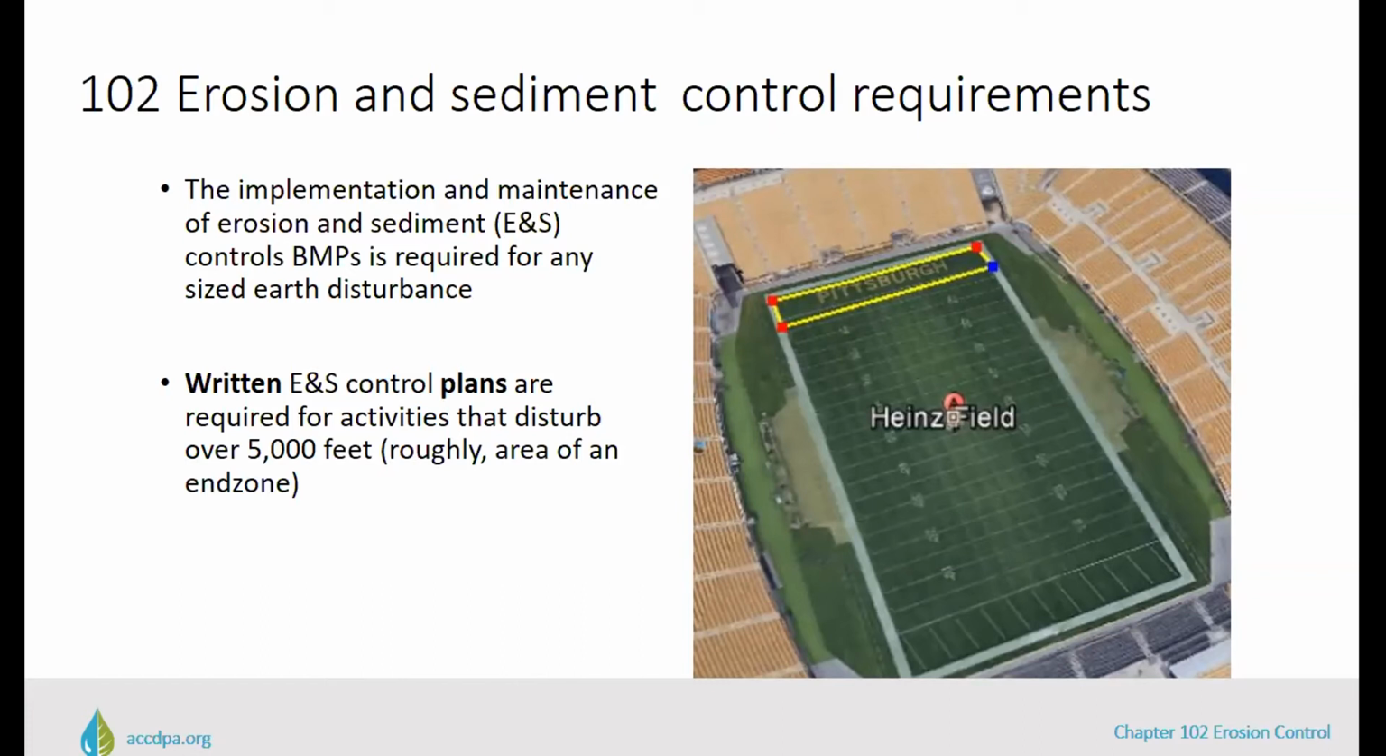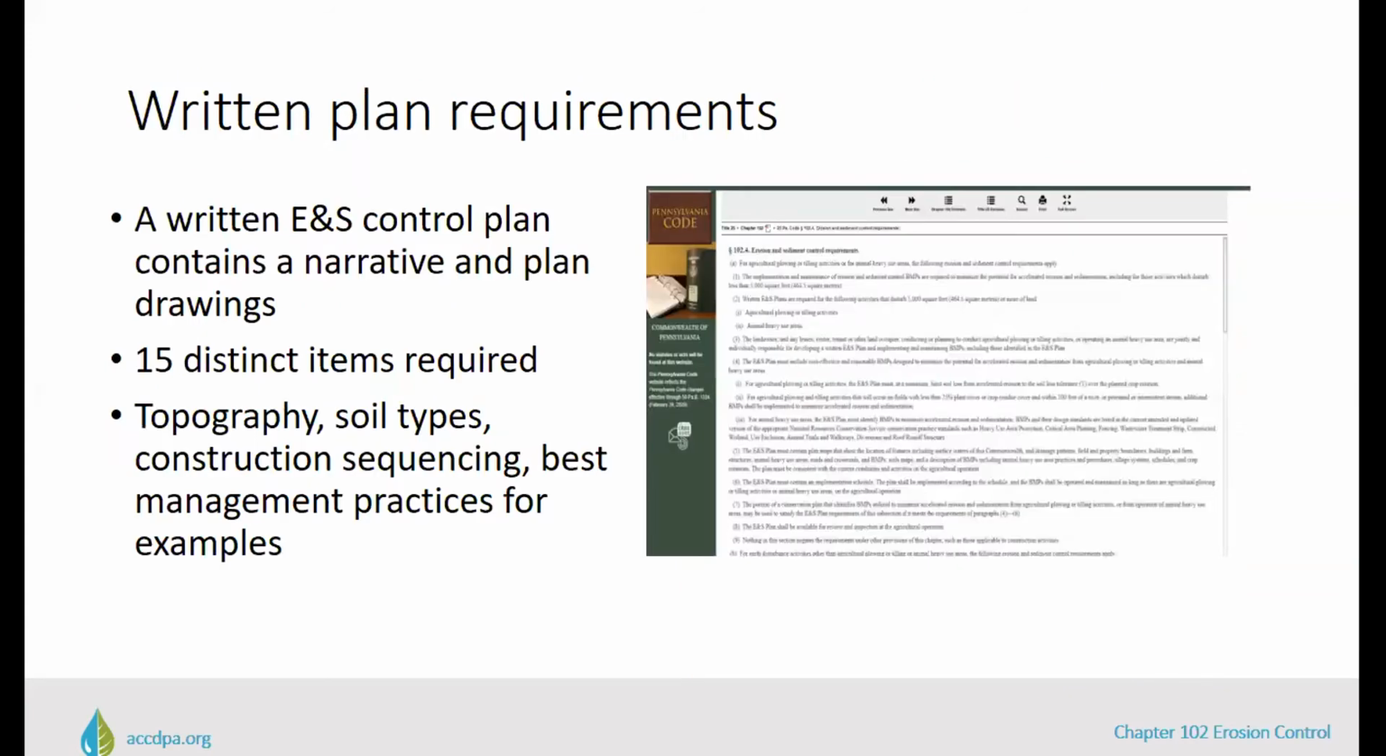Generally, once earth disturbance is 5,000 square feet or greater, a written plan is required under the regulations. This is just under 1/8 of an acre, approximately the size of a football end zone. The overall goal of a written plan is to minimize accelerated erosion and sedimentation to surface waters. A written plan is designed to minimize the extent and duration of earth disturbance, protect existing drainage features and vegetation,